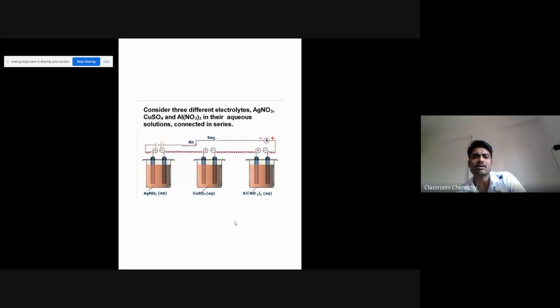See here, we take three electrolytic solutions and all of these are connected to the external circuit. There is a battery. Anode is connected to negative terminal. Cathode is connected to positive terminal. On cathode there is a